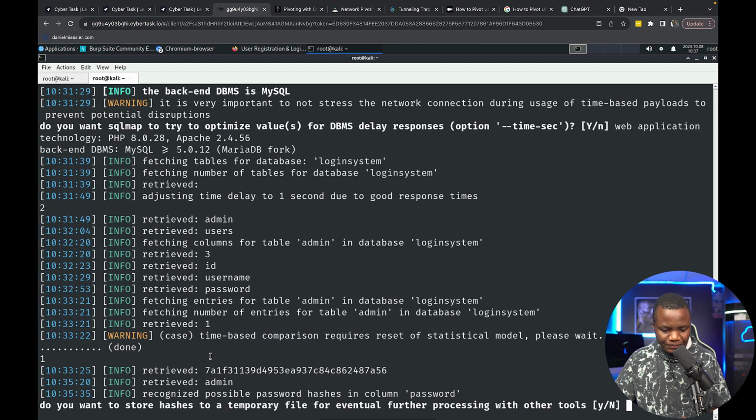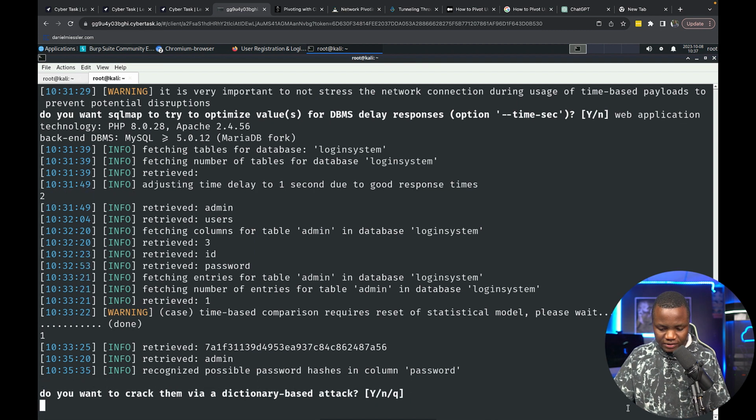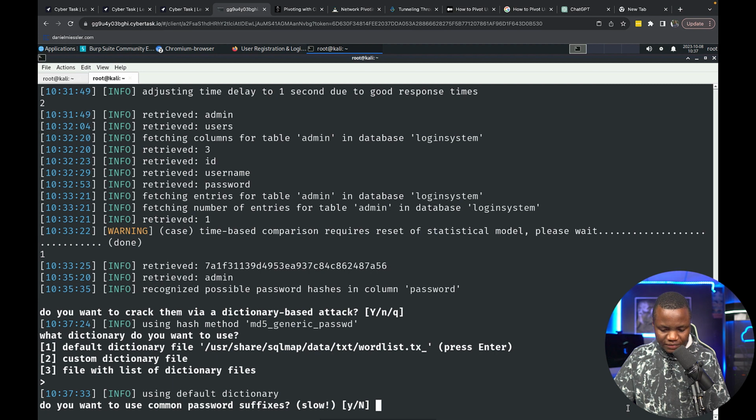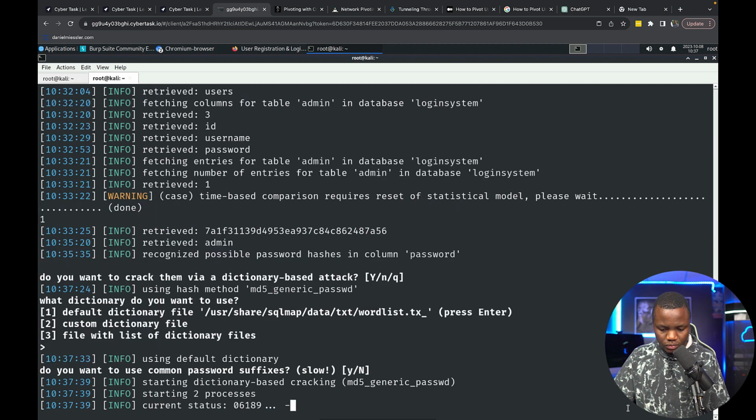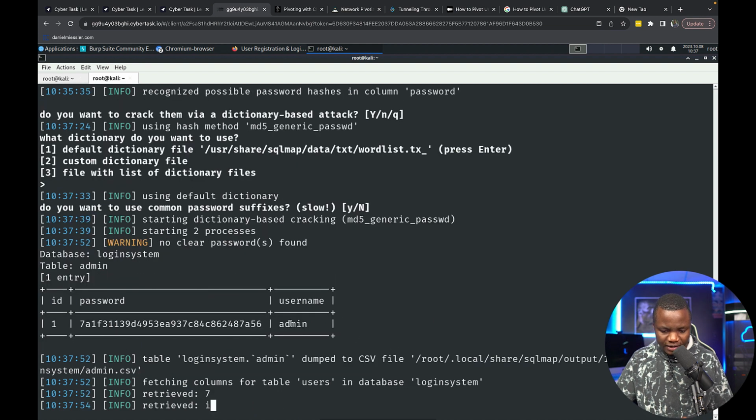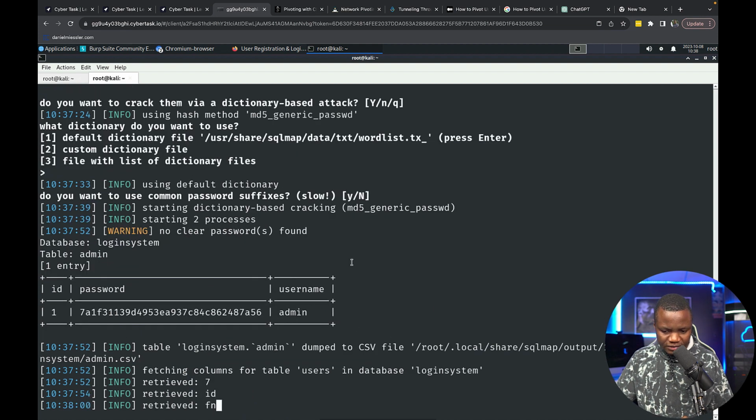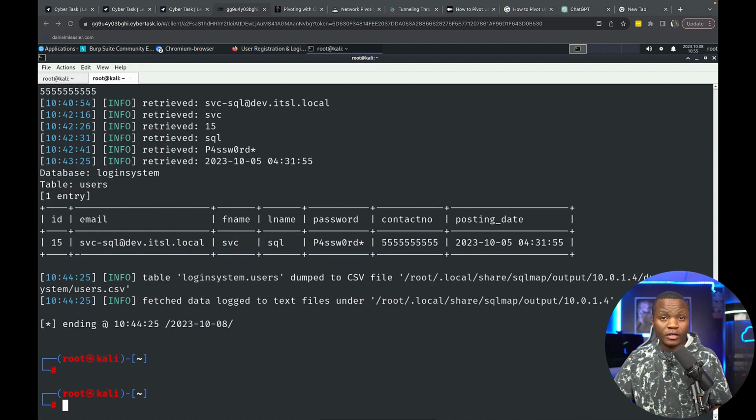Now let's look here. Do you want to store hashes to a temporary file for eventual further processing with other tools? Yes. Let's go and crack the hash. Do you want to crack the hash? Yes. Do you want to use common password suffix? No. Just go and crack the hash. All right. So here it looks like we have admin. It says no clear text password found for admin. Okay. So after a while, you notice that the password for SVSQL has been cracked,